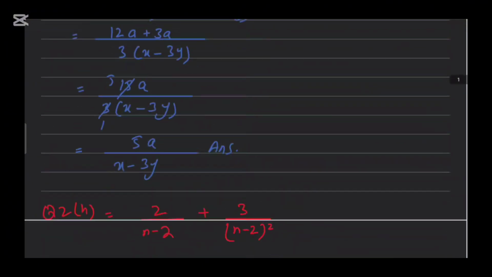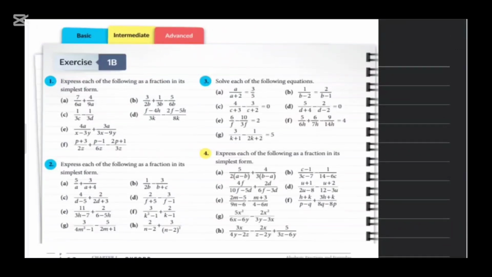So in question number 3, actually they are asking to solve each of the following equations. What does solving an equation mean? It means that the variable that is involved in the question, you have to find the value of that variable. Like in part A, A is the variable, you have to find the value of A. In part B, B is involved, you have to find the value of B, because these are equations and they are asking to solve them. So equation solving means you are going to find the values of the variable that are involved in the question. Okay, so question number 3.